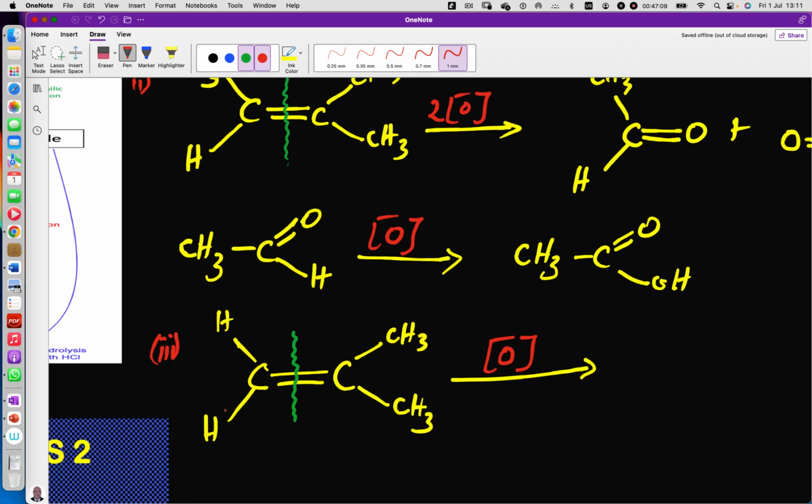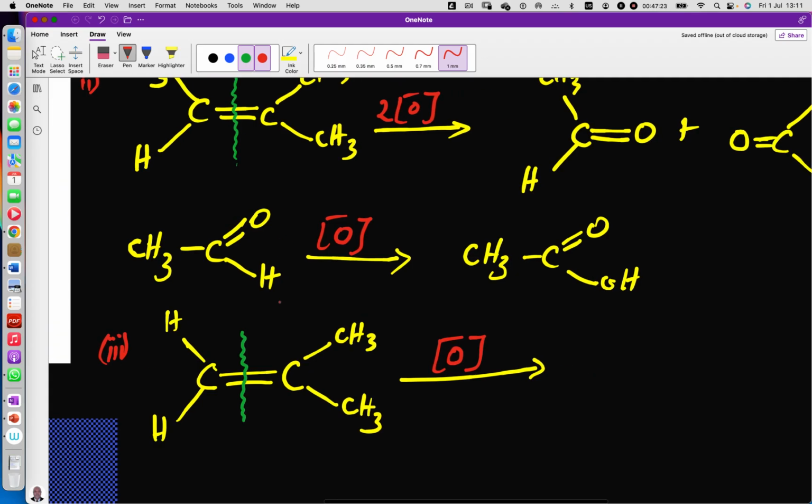To carbon dioxide and water. On one end of the alkene, where we have only carbon and hydrogen, that end is converted to carbon dioxide and water. For instance, this one here, when the bond breaks here,